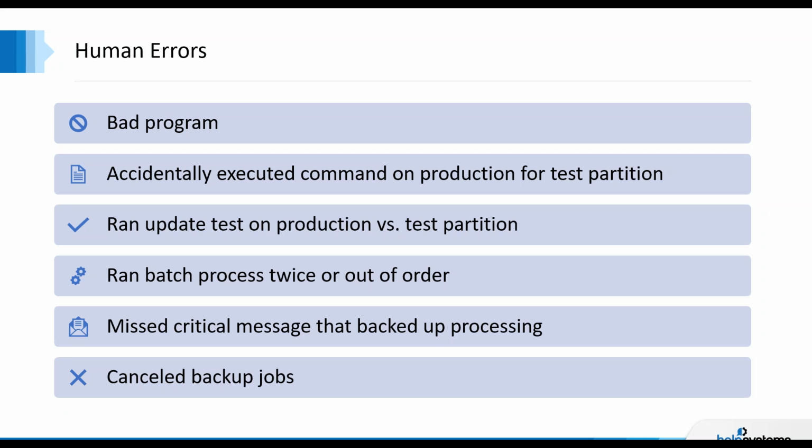Number two, oops, I executed a command in production rather than test. I know that Ash is really good with color coding his terminal sessions, but silly things like that do happen. So having proper permissions in place for executing code out in your production environment is important, and rules that you can put in place to protect those environments.